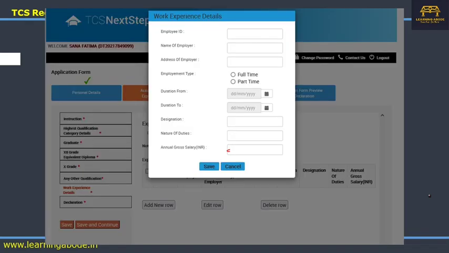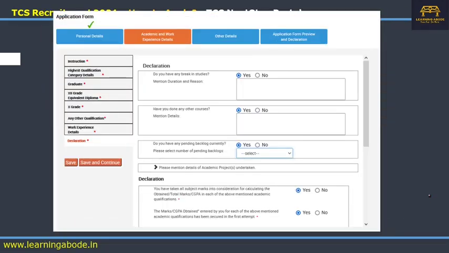After work experience, you go for declaration, wherein you mention if you had any break in studies, the duration and the reason, and if you have done any other courses. If you have any pending backlogs, it will ask whether it is 1, 2, 3, 4, 5 or more than 5.